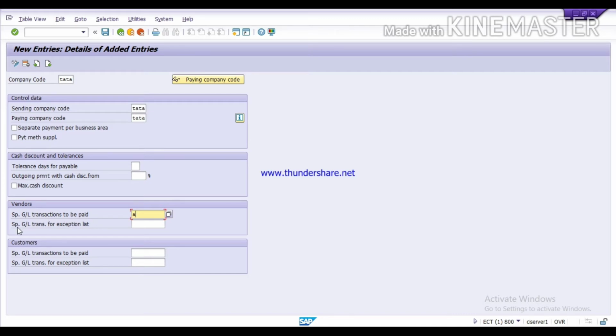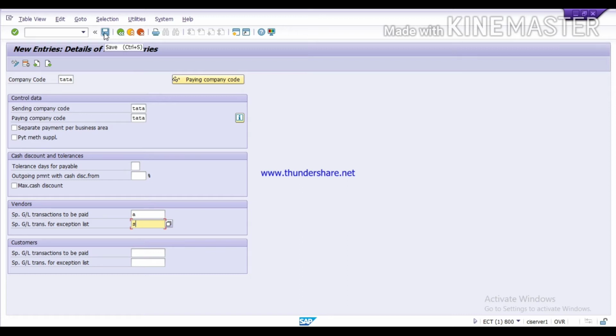In the next one, special GL transaction for exception list, we define which special GL transaction we want to exclude during APP. In APP, whichever special GL indicator we do not want to run, we exclude from APP. So you can maintain it here, like I am using S. Then you click on save.